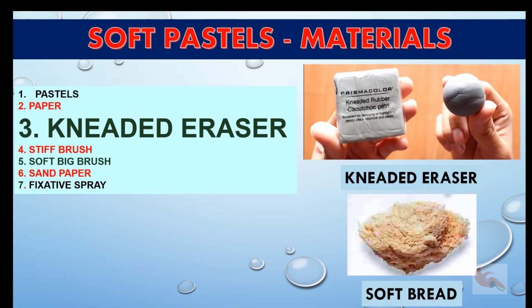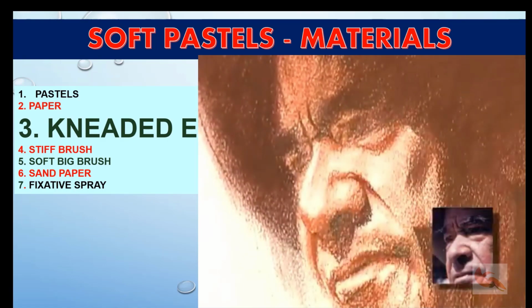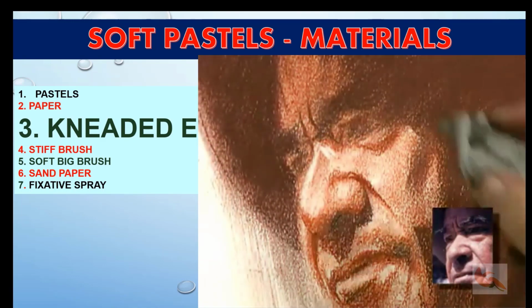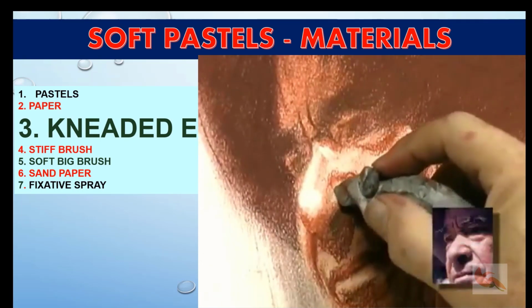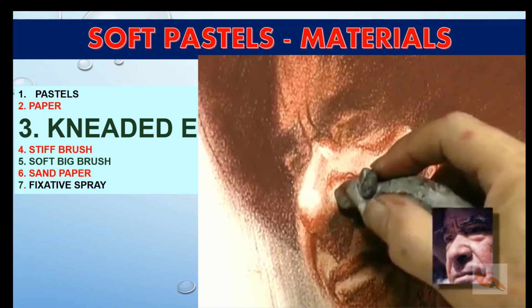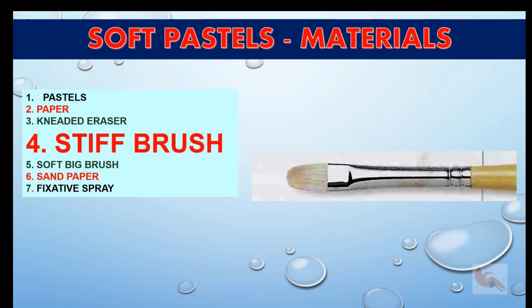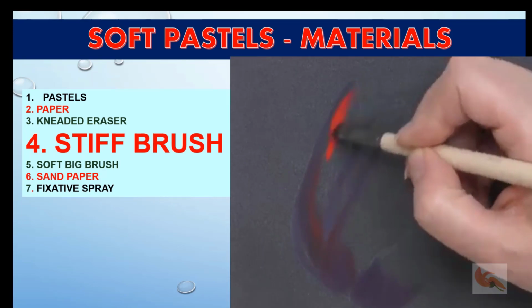A kneaded eraser, if at all you need to remove something. A kneaded eraser or even a piece of soft bread will come to help. In my view, it's better to layer over the mistake than trying to erase. In any case, do not try any eraser other than a kneaded eraser. To lift anything out of an applied surface, the eraser can be gently placed, pressed a little and lifted up. That will lift up the layer. Then you may need a painting brush with some stiff bristles like hog hair, which can help you in achieving a smooth blend.